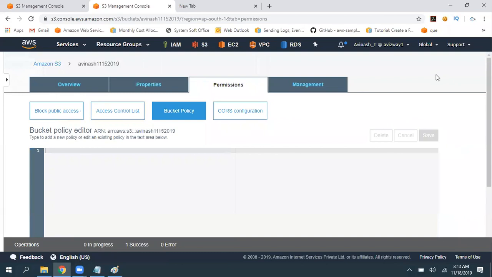Let's assume you have a scenario like you have an IAM user, and you want to give full permissions on the S3 platform, but not on one particular bucket. And you really don't want him to upload any object into that particular bucket.